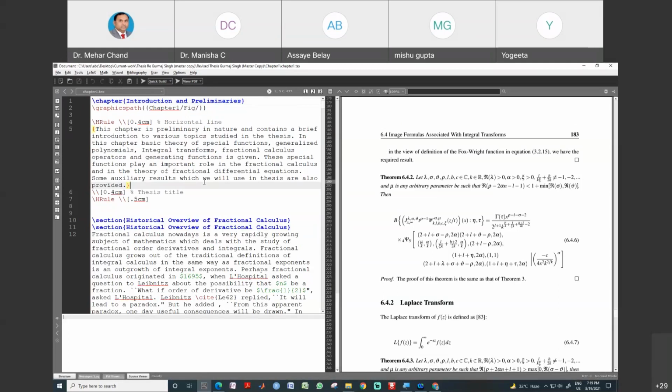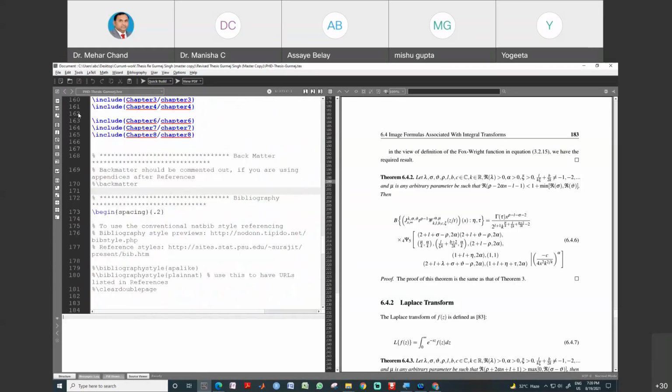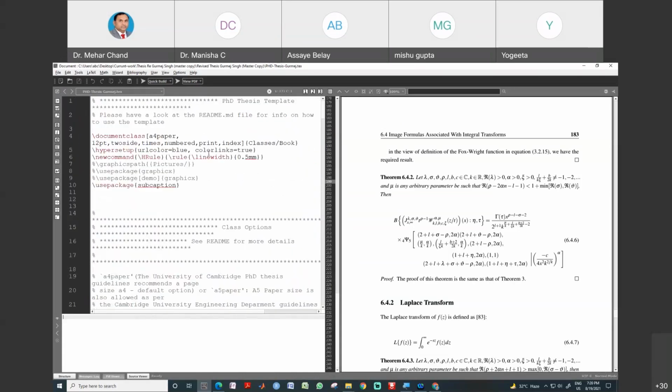And if you want to edit any information, you need to save it. After editing any information in this first chapter, first you need to save, and after saving the file, you have to go to the main source file. That is this one. This is the main source file because your whole book is controlled by this one, and you have to run this main source file. So this is the main use, how you can use this source file and other files.